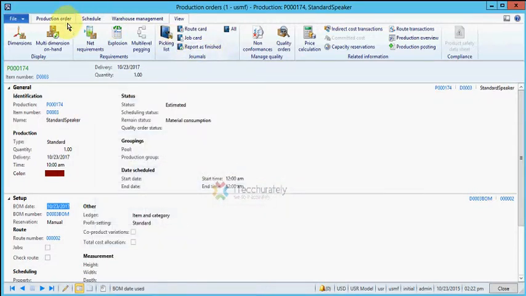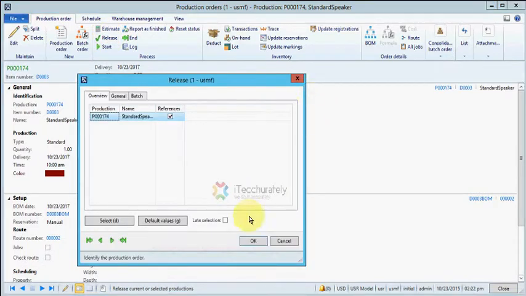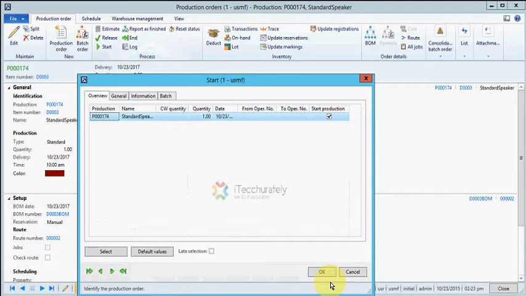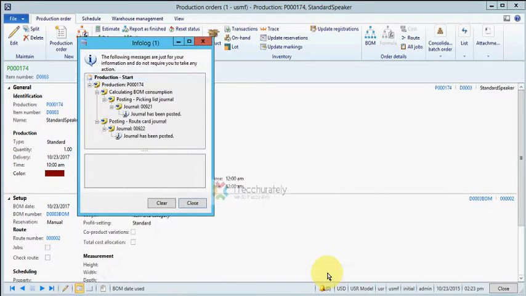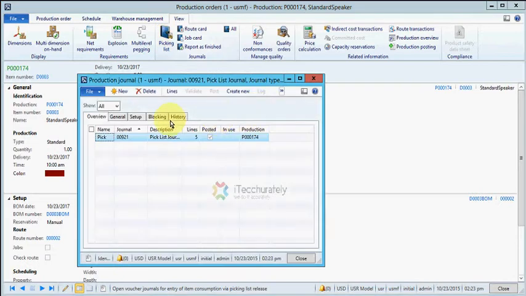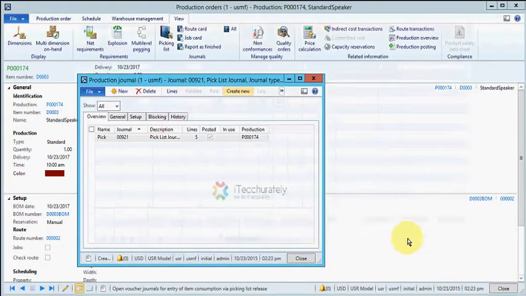If I am okay with that, I go and release the production work order to the floor, so that the production manager is notified that he has to start working on something. As soon as the production manager sees this work order in his queue, he starts it by raising the packing slip from the inventory. Here you can see that the packing slip journal has been posted in the inventory, which shows that the following items have been picked for this production order and moved to the inventory.